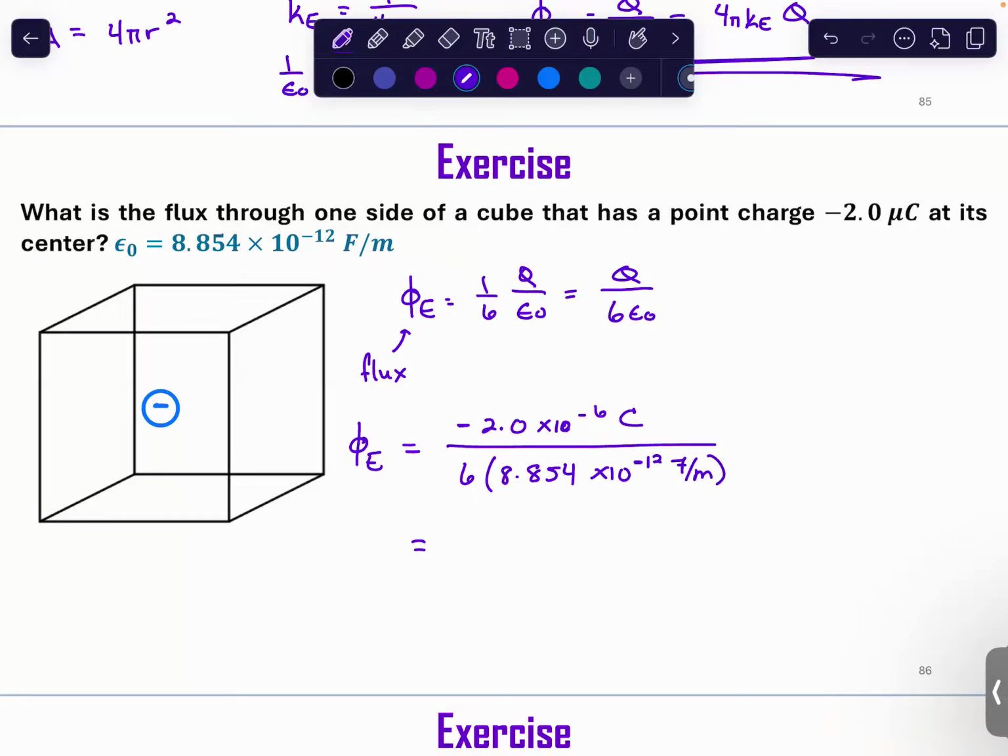The flux that you get, you could either do negative 3.76 to represent that it's going in, that the field lines are going into the box. You have coulomb meters per farad. Let's see some other units for this: Newton meters per coulomb, voltmeters. I just want you to know that this can be all of these different units